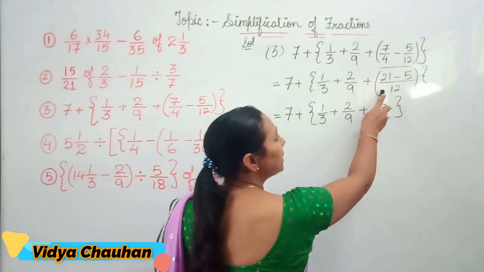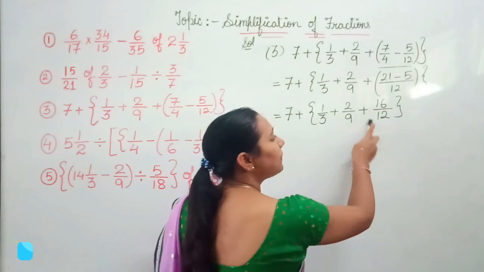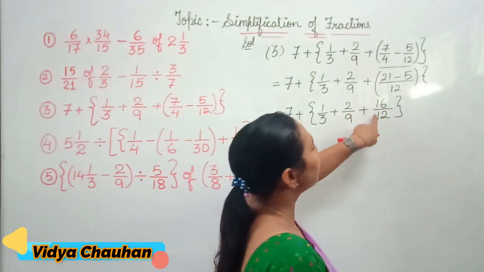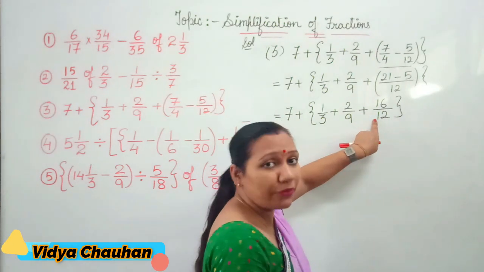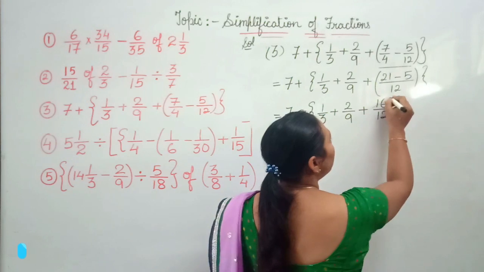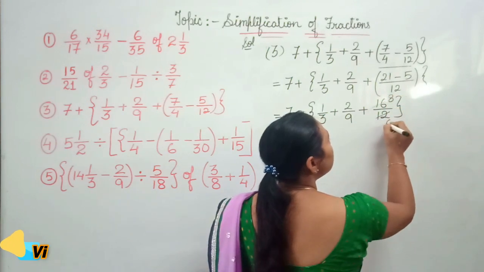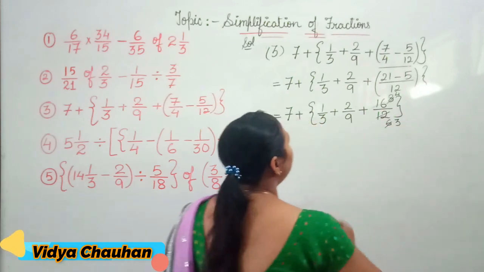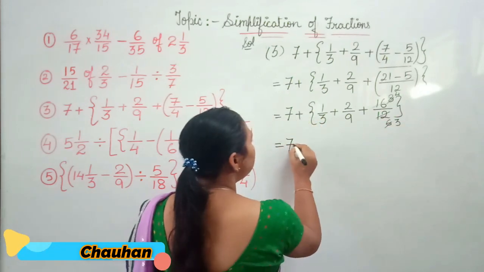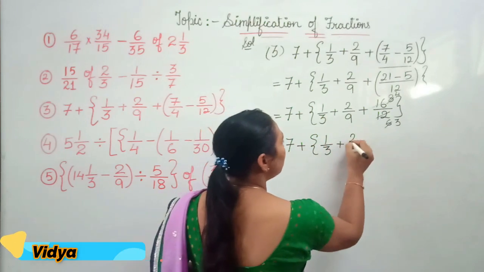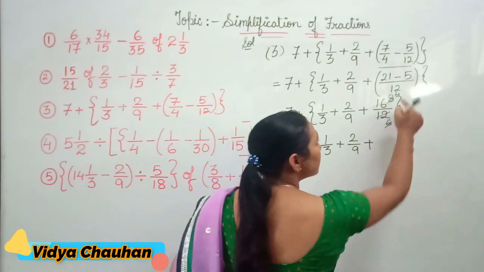Now children, as you can see we have solved the small bracket, but the answer we got, 16 upon 12, can be simplified further. So we can simplify it: 2 8 times, 2 6 times. Solving again, 2 4 times and 2 3 times. In the next step, 7 plus curly bracket 1 upon 3 plus 2 upon 9 plus